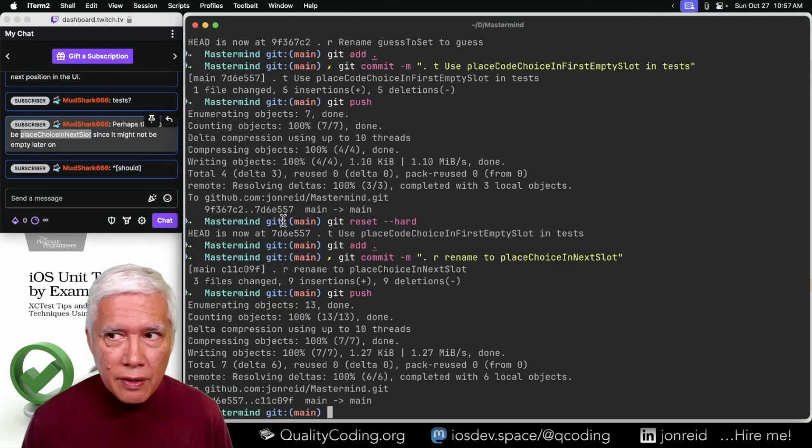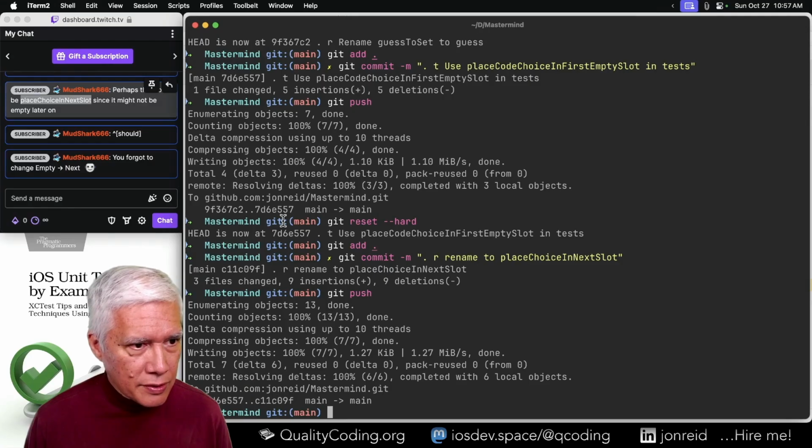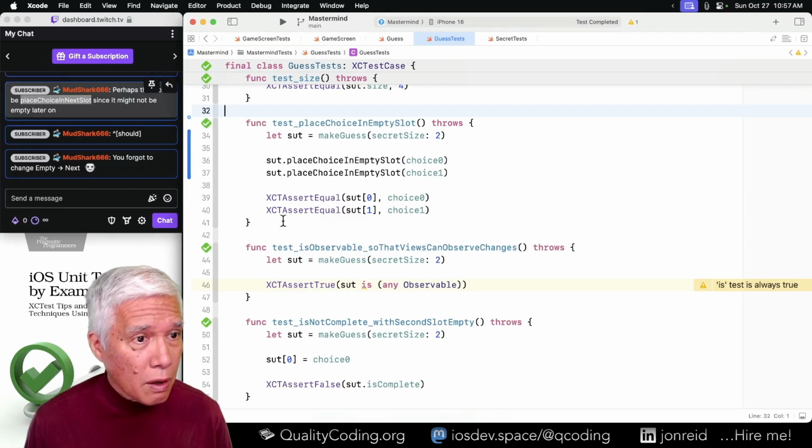Great. Hang on, let's stick around. I think I'm going to run about 5 minutes over today because I forgot to change empty to next. Oh, did I?